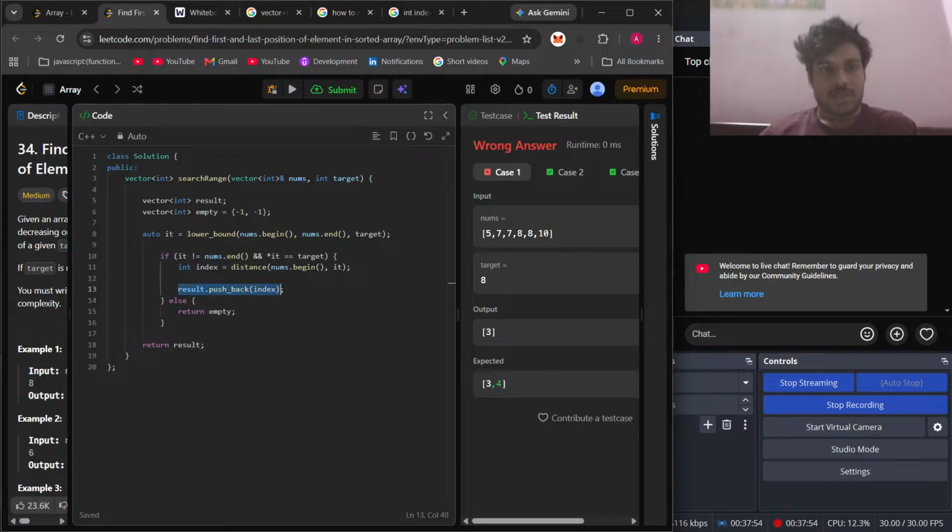Once I've done this, this goes to index, all right. I'm not returning result here. I'm only pushing index here. So I think I can also do an else if here, right? I can probably do an else if here because I'm not returning anything here. So what if I do else if